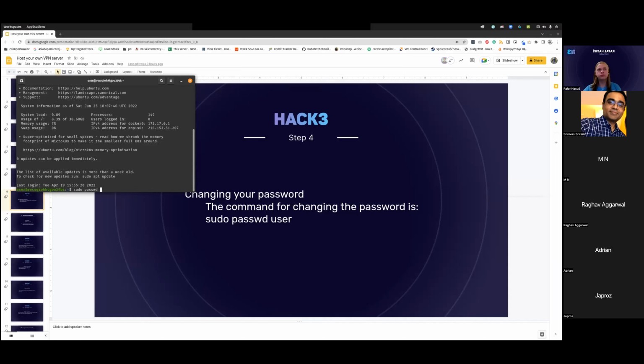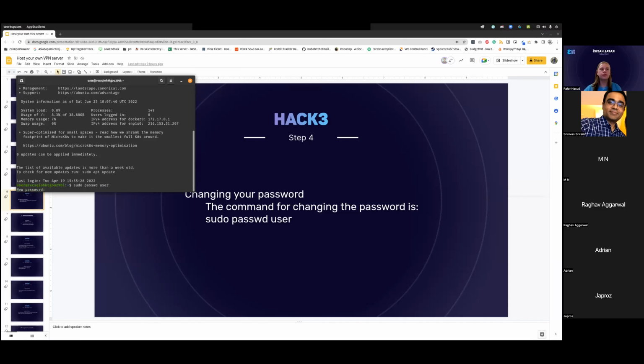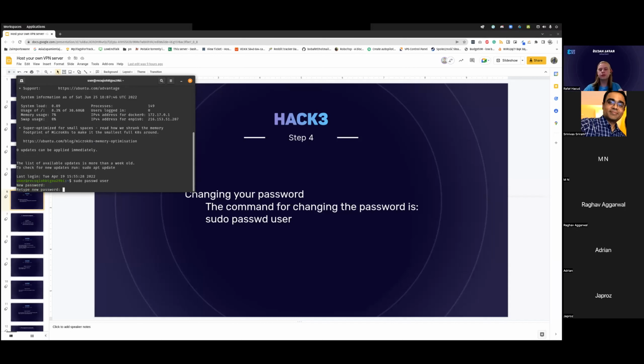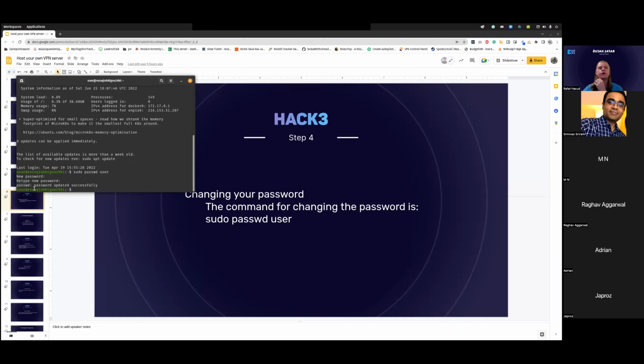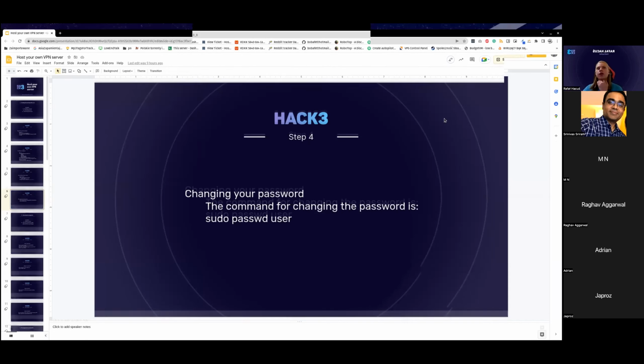So, sudo passwd user. And now I'm just going to input a new password that I chose. And just like that, we have our password updated. Now we can SSH into our server with the new password, and you cannot SSH into it with your old password. Continuing on, we have